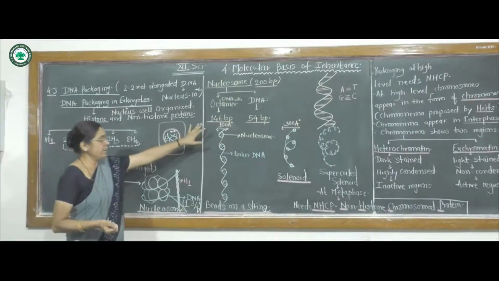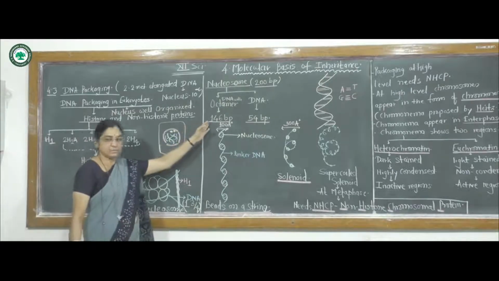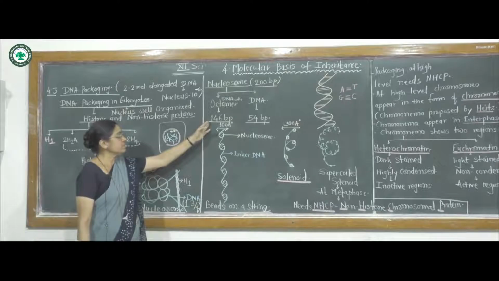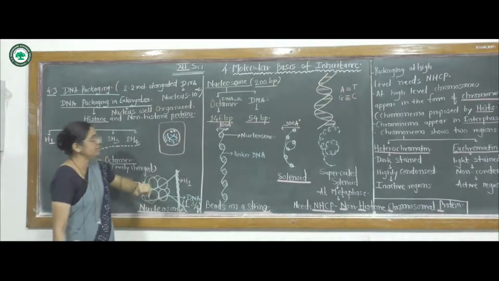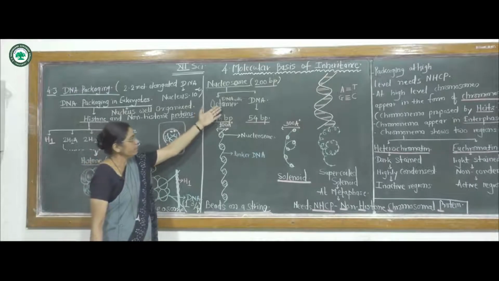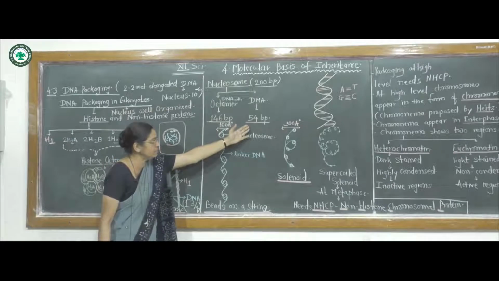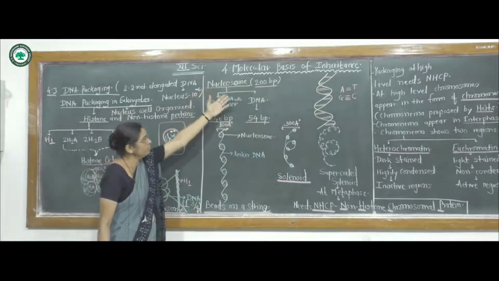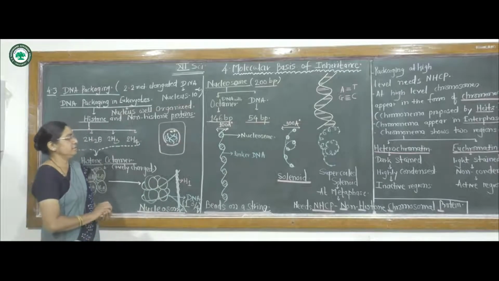There is always this specification, and the question may be asked in a multiple choice question like this: the nucleosome, how many base pairs are present, or the DNA with octamer shows how many base pairs, or the DNA of the nucleosome which shows the 54 base pairs, like this.